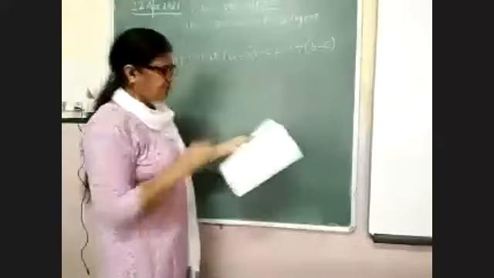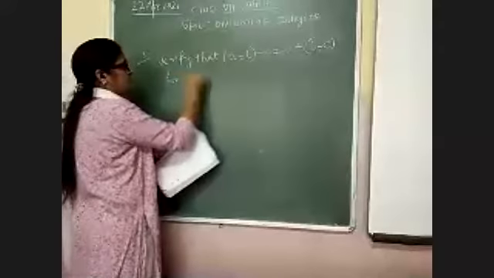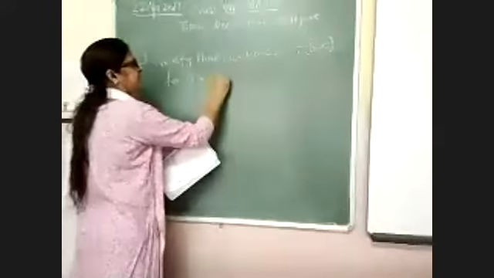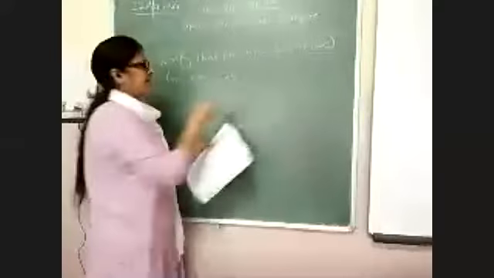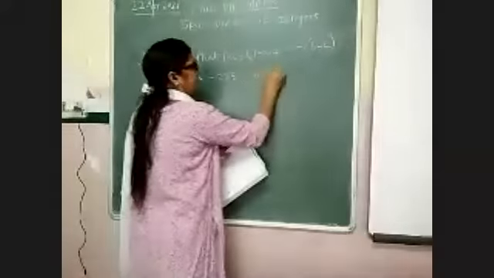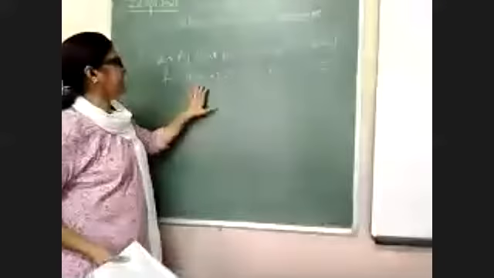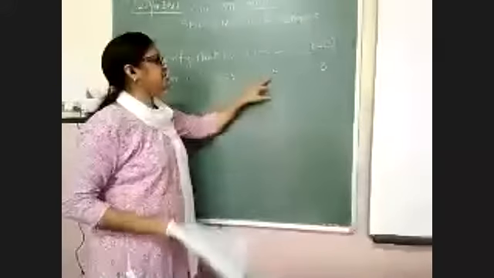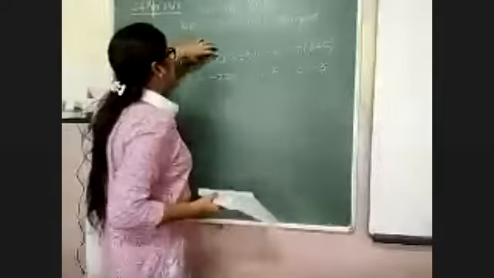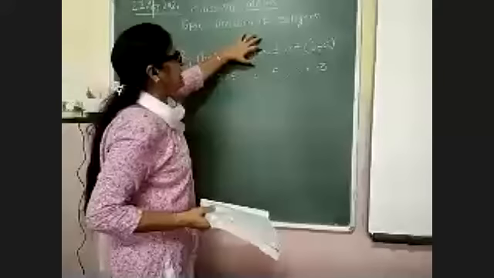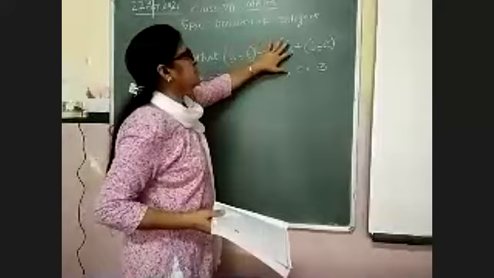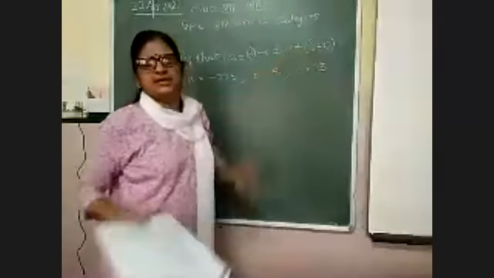Now in this question, which values are given? The value of A is given as minus 225, the value of B is given as 15, and the value of C is given as minus 3. Okay, the values of A, B, and C are given. Check again. And you have to verify that A divided by B, again divided by C, is not equal to A divided by the bracket of B divided by C.